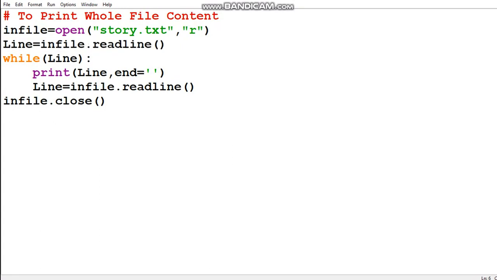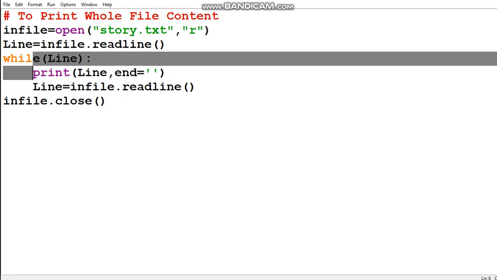Now how to move to the next line? After reading the first line, the cursor will be positioned at the end of the first line. So now we need to read the next line also. For that purpose, within the loop we have written the readline function once again. We have used the file object; here my file object is file, and with the help of the readline function we are reading the next line. So again the line variable will contain the next line, that is the second line.